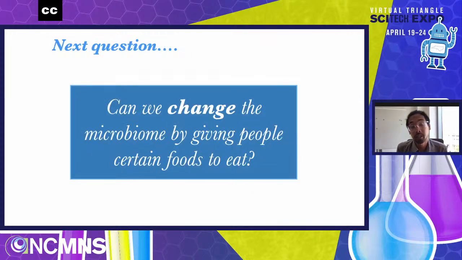So then we wanted to start testing these ideas, because what we were seeing were sort of patterns where two things were happening at the same time, but we didn't really know if they were causing one another. Next, we wanted to do an experiment to see, does eating something actually change the microbiome? Can we test this? Can we make a prediction? And this is something that Sarah will talk more about later on in the talk. This was a first experiment we did to see if we could change the microbiome by feeding people something.